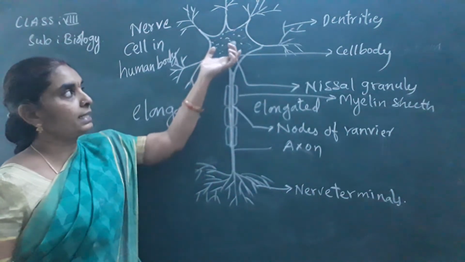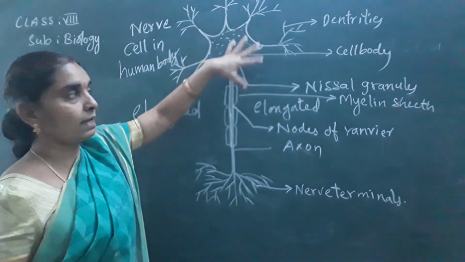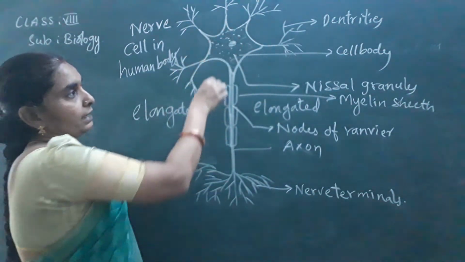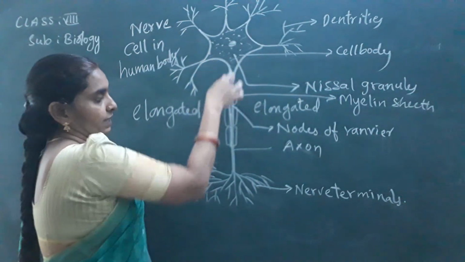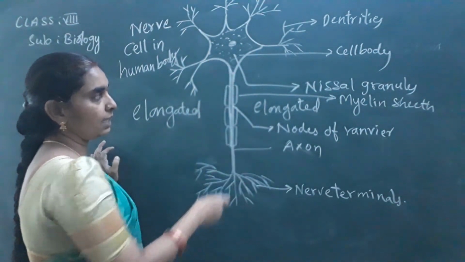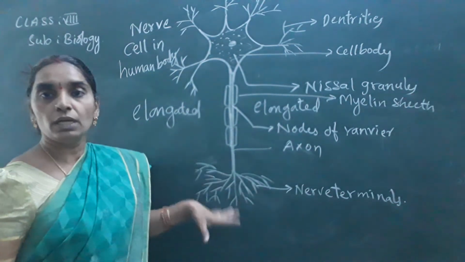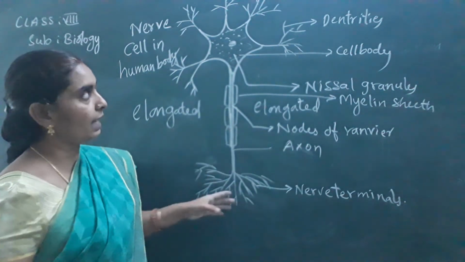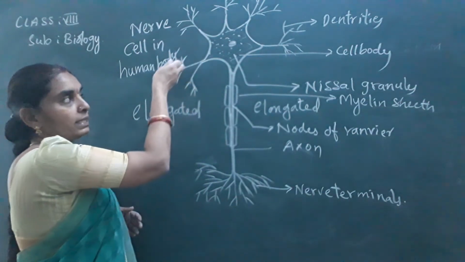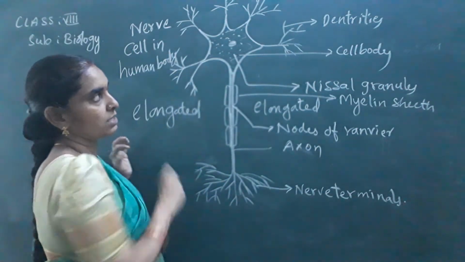The cell body is star-shaped, with the axon which is elongated and terminates in nerve terminals. The cell body contains the dendrites, hair-like structures,